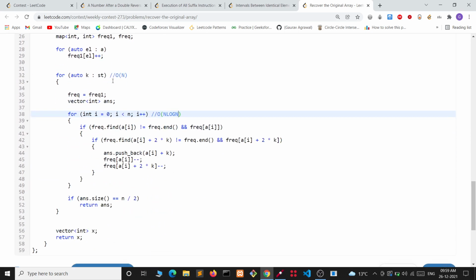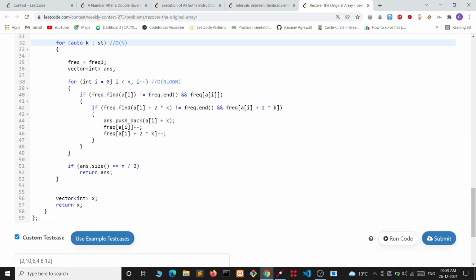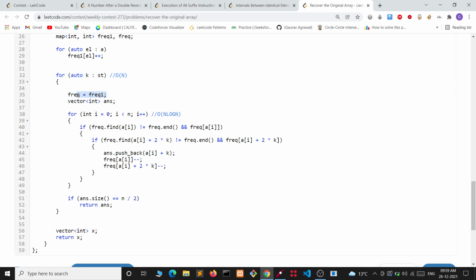So we check for each potential value of K. Firstly, we set frequency equal to frequency 1, and this is the answer array we will be generating. For each element, we iterate over the whole array A, and check if AI exists in frequency. We don't need to check this because it will obviously be true.